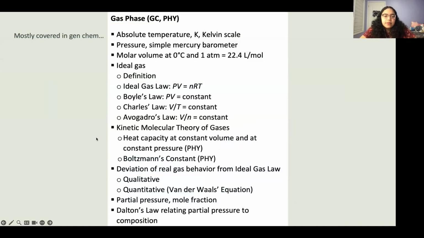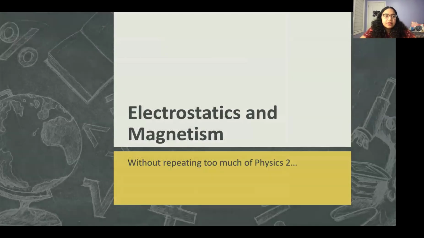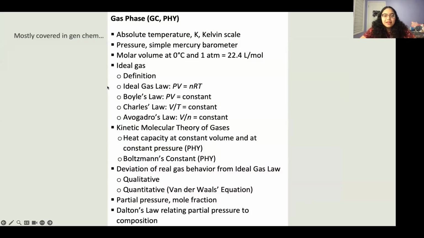And then gases, mostly covered in Gen Chem, I think. I don't know if I have, yeah. Okay, so it's good to know because it's kind of between Gen Chem and physics, but I think most of it was in my Gen Chem PowerPoint, like Boyle, Charles, Gay-Lussac, those laws, the theory and stuff. So just a heads up that these are on there. I guess we already talked about them in Gen Chem.